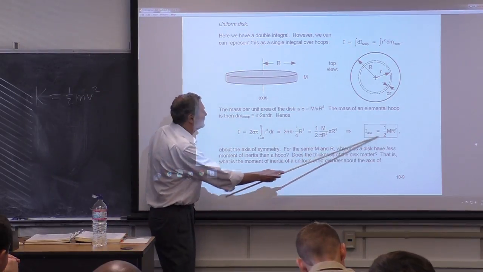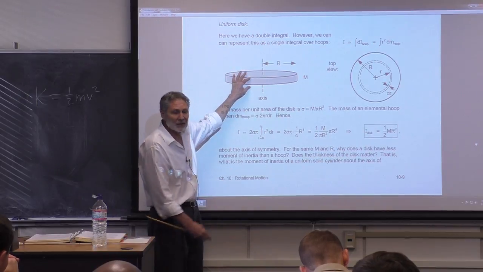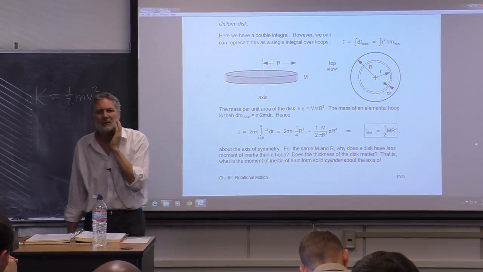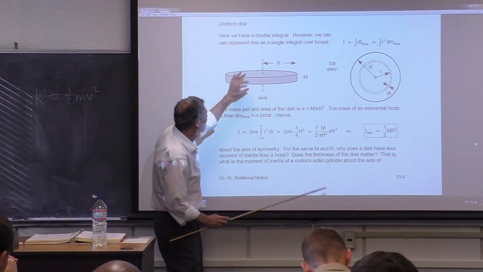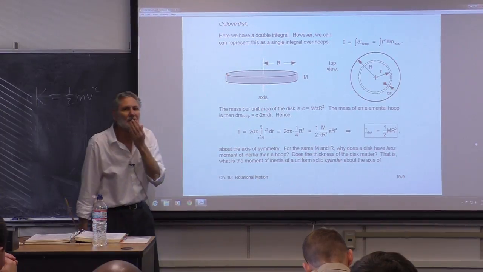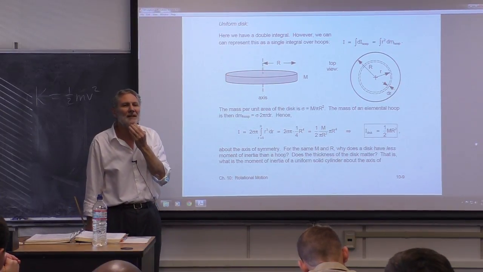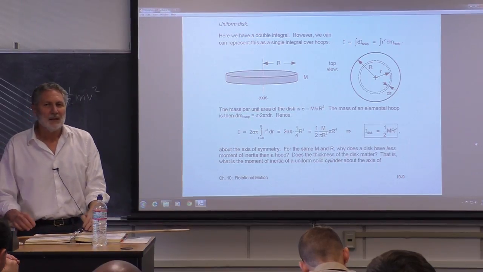Oh, here's something. Where's the thickness? There's going to be some thickness here. How come that's not in the answer, in our expression here? Yeah, m is in there. R is in there. What about h? Call that little h. How come h is not in there? If you reduce r, but keep m the same, h will increase. So you only need m and r to define